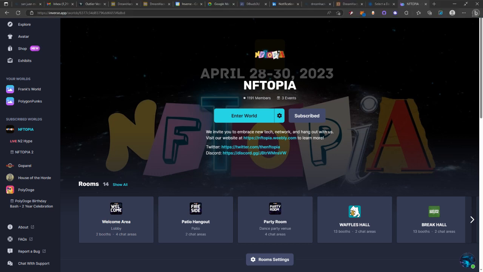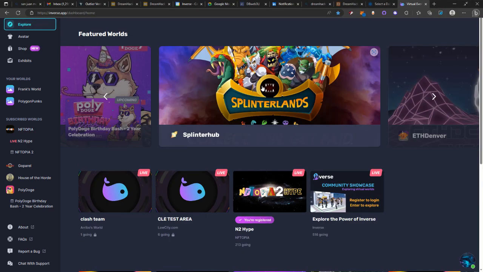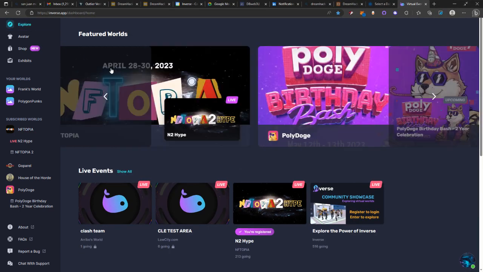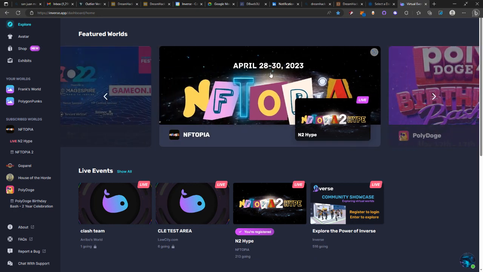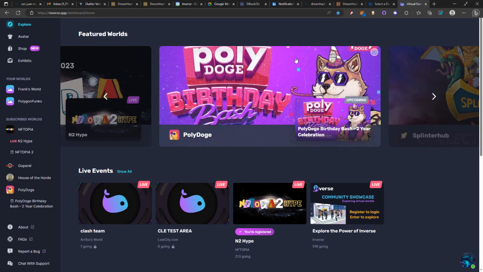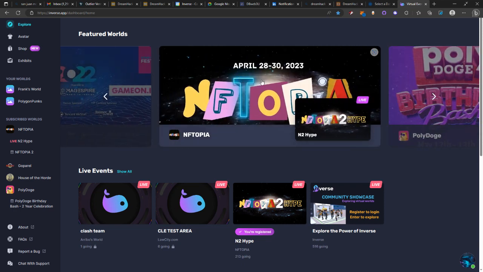As always, we've got some upcoming events that I think everyone needs to know about. First, NFTopia happening April 28th through the 30th, and then the Polydoge Birthday Bash, which will be happening on May 12th through the 13th. Don't wait on those. You can go to inverse.app, go to the dashboard, and then you can easily register and